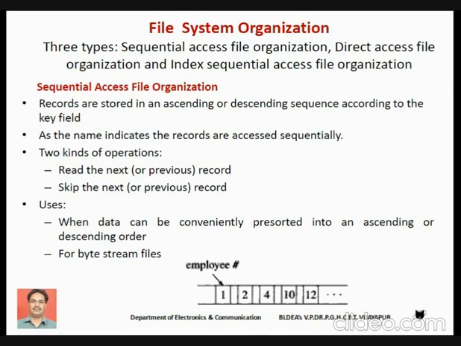After that, we discussed byte stream files. As the name itself indicates, in byte stream files, everything is viewed as a collection of bytes. Byte stream files won't differentiate the data values. Everything will be viewed simply as a sequence of bytes. And after that, we discussed the different file operations that can be carried out using file system management.